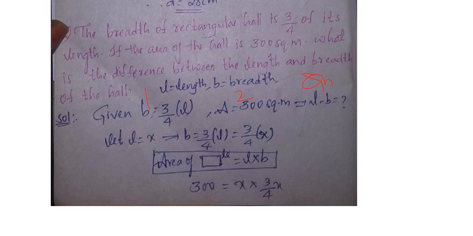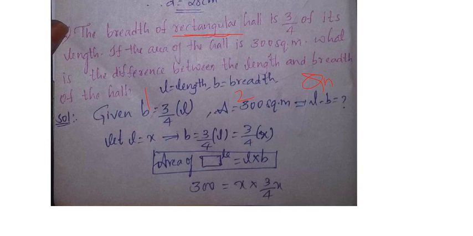As I told you, for every problem you should write all the formulas related to the shape they have given. For a rectangle, you should write area of rectangle equal to length into breadth, perimeter of the rectangle equal to 2 into L plus B, and again the diagonal relation will be there. Write all of these on one side, and from them use what is useful for us. See here how I solve the problem. First they gave us breadth equal to 3 by 4th of the length.